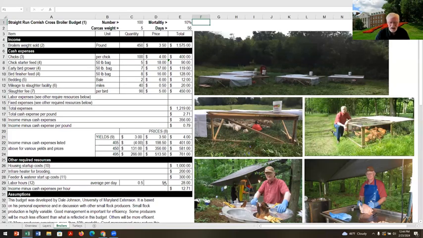Here's my labor hours, 56 days times a half hour a day, 28 hours. I'm only making $13 an hour with these broilers versus I was making quite a bit more for the layers. And then maybe somehow you can economize in some of these areas. Maybe you want to do the work yourself. Well, you've got to work to get it. And I've got to put the time in here. I haven't got the time in here for slaughtering those chickens. But that might be something you want to do.